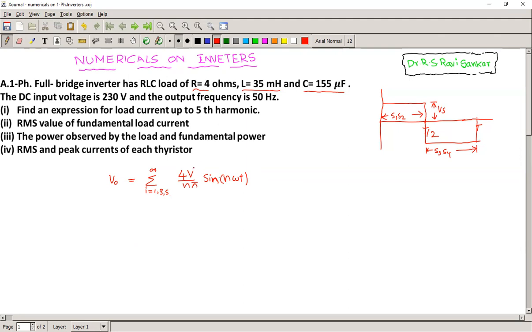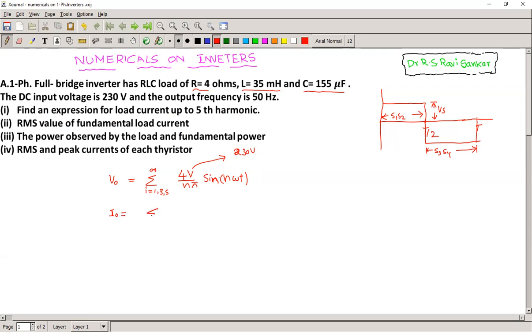Already we know the value of V. See here, V value is given as 230 volts. n is nothing but the harmonic number, that may be 1, 3, 5 like that. Find the expression for the first bit. In the first bit, we have to find the expression for the load current up to fifth harmonic. So if we write the expression for the current,